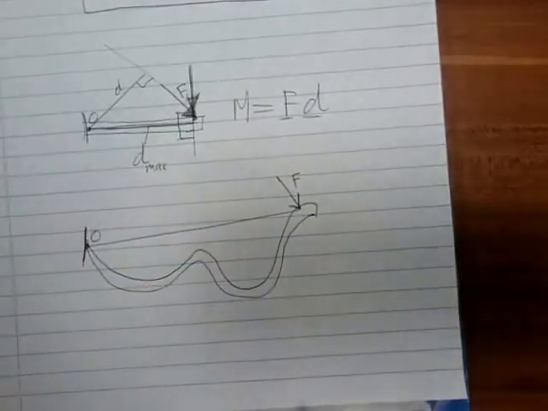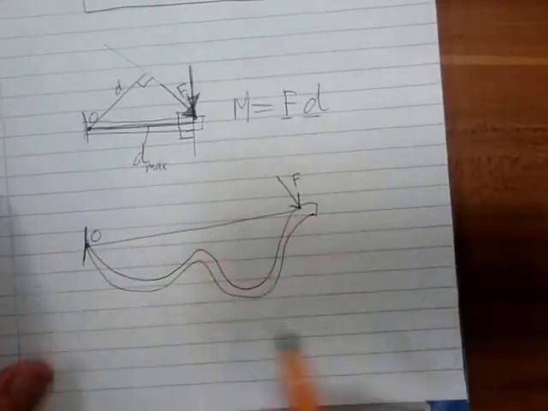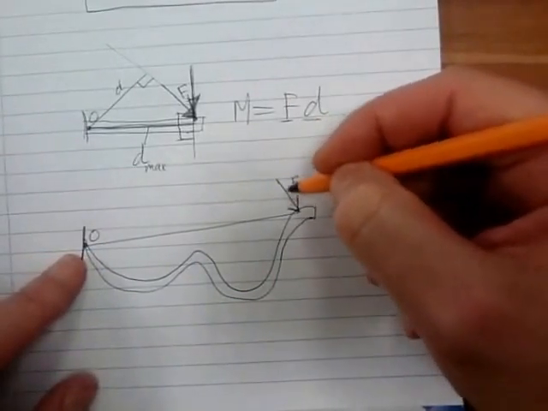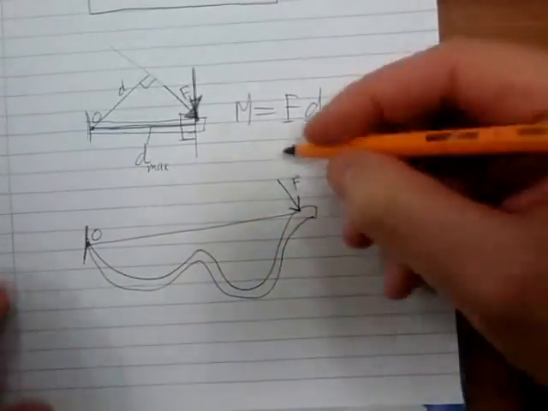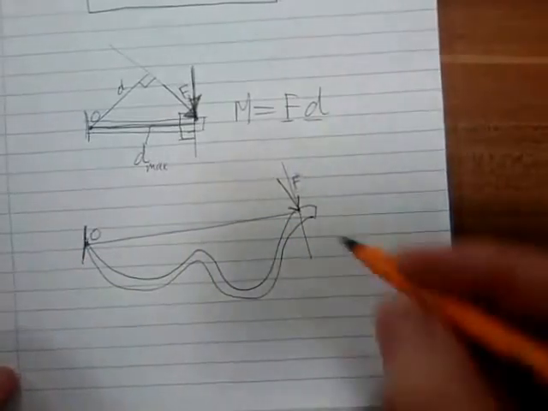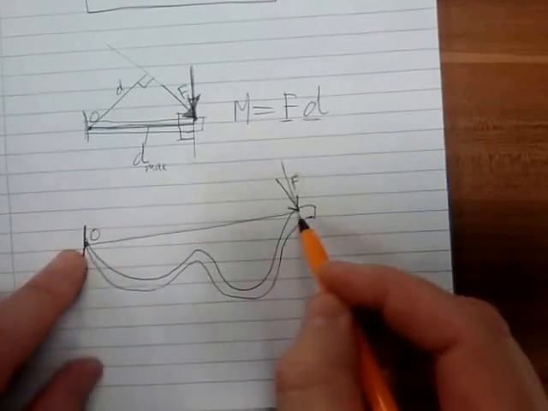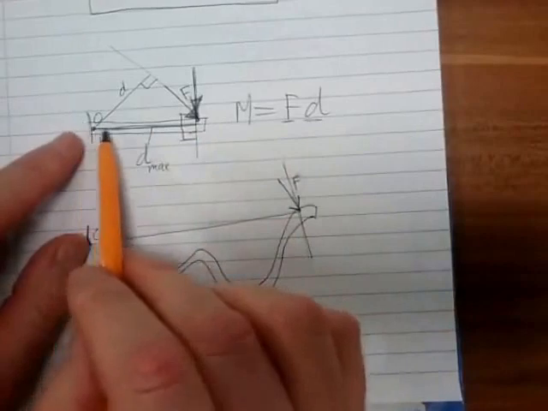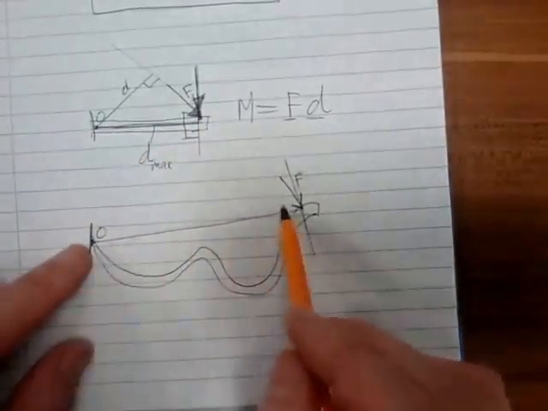Look at that line. Then ask yourself, how does this F orientate towards that line? In order for that force to give me a maximum moment, it needs to be perpendicular to that line, from the point of rotation to the point of application. Similarly with this beam,